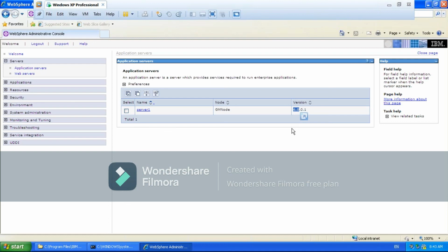These two web modules will be mapped with the web server. So what will happen? If any static request comes related with this Plans by WebSphere application, the mapped web server itself is going to respond. If the request is dynamic, which is related with this Plans by WebSphere EJB module, then only the request will come to this application server and it will check.